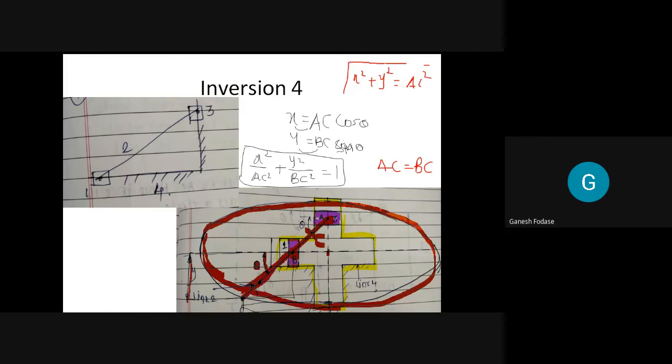So remember, any point on that connecting link other than the midpoint will trace an ellipse. If it is the midpoint of that link, then it will trace a circle. In all other cases, it will trace an ellipse. Clear? Yes, sir. Okay. Now I'll show you the animation, then we'll stop.